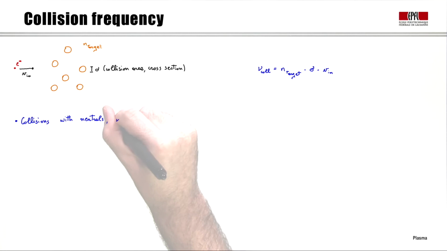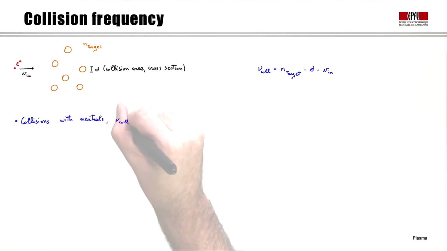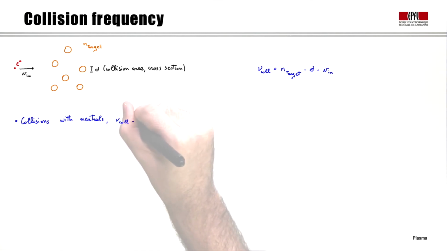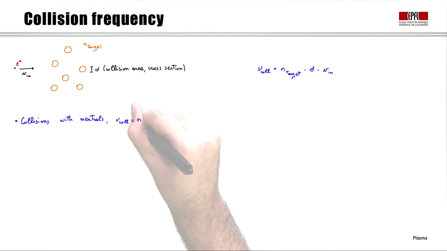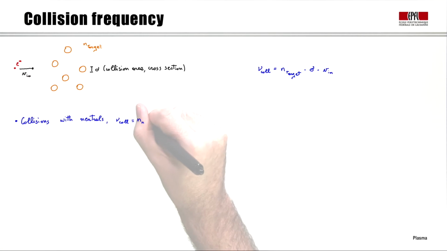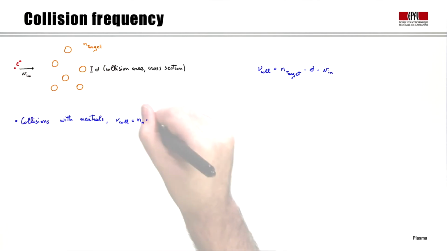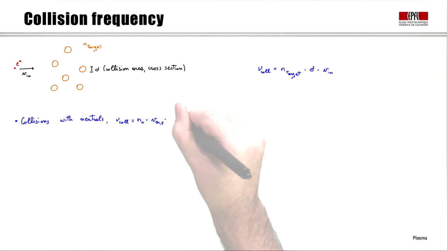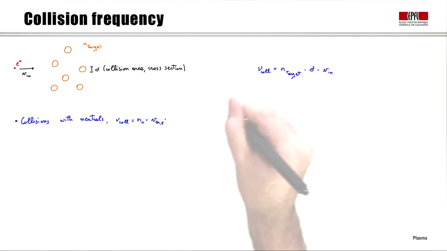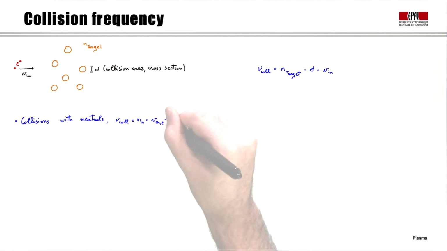And the collision frequency associated with the collision with neutrals will be given by the density of the target particle, the neutral density, times the incoming velocity, which can be approximated as the thermal electron velocity, times the cross-section. And for neutral collisions, the cross-section can be very close to the Bohr size